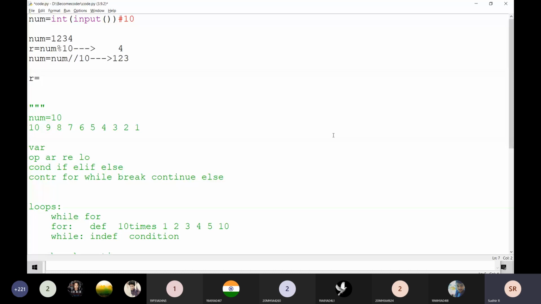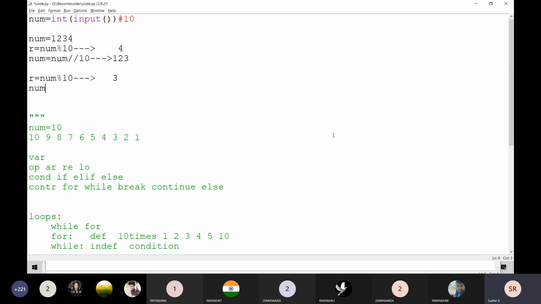Now again I'm going to do the same thing here, r equals num mod 10. What is the value? 3. The value is going to be 3 now. The num value is 123, and num is equal to num // 10. Then num becomes 12.